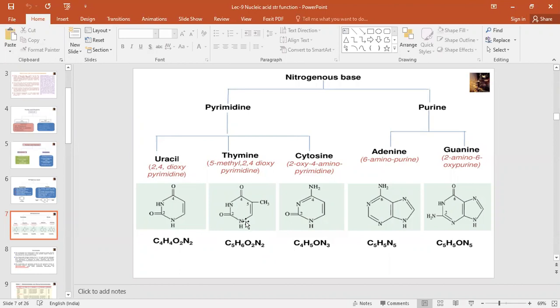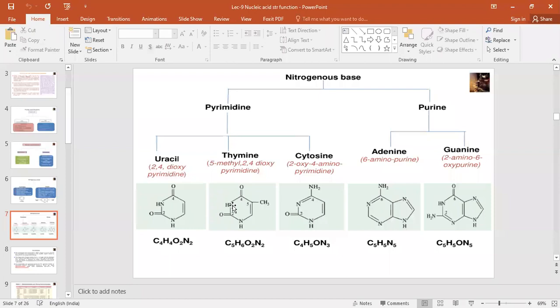Okay. Nitrogen has valency 3. So see here, H, this bond, this bond. So valency is completed. At the second carbon, carbon has 4 valency. So 1, 2, 3, 4, valency is completed. At the fourth carbon, you have added the double bond O. So here you cannot put the double bond. Got my point or not? Why? Because at the fourth carbon, valency is 4. So you have to cancel the double bond here.